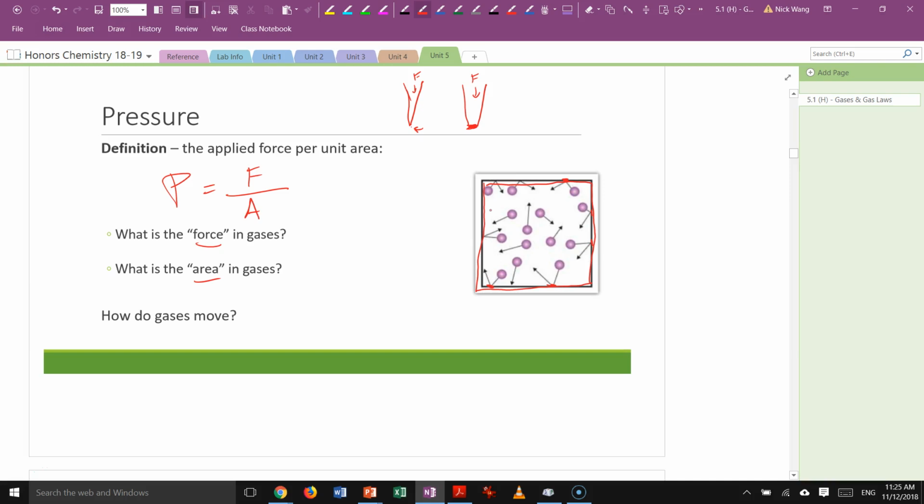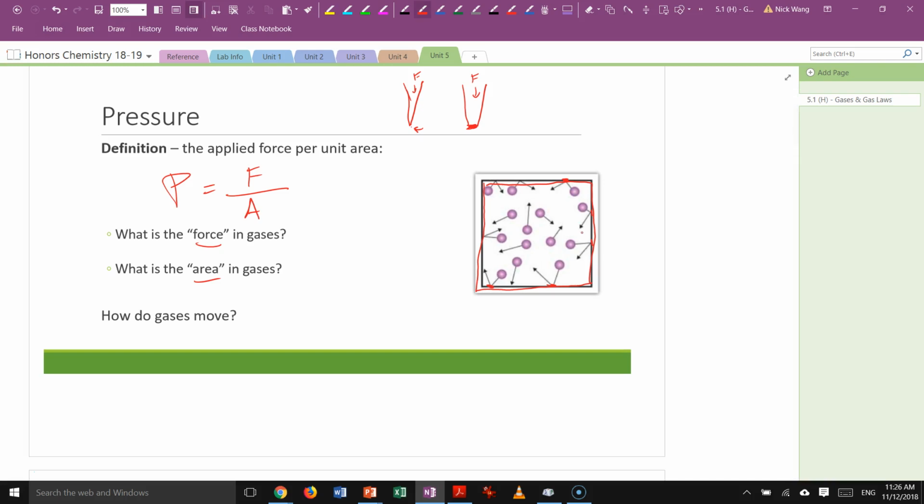Let's keep that idea in mind because we refer to this concept quite a bit throughout this unit. So remember that when we talk about pressure, it's always defined by how hard the particles hit over a certain area. So as you can imagine, if we have in this force per area formula here, what if I have particles that hit really hard compared to these particles in this? If they hit really hard, that means they have a higher pressure because the surface area stays the same and